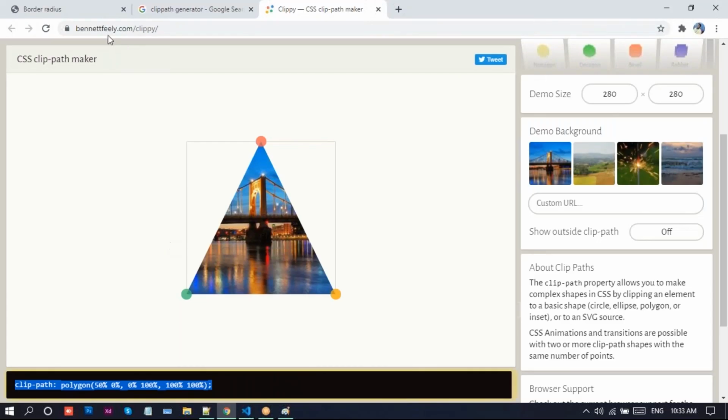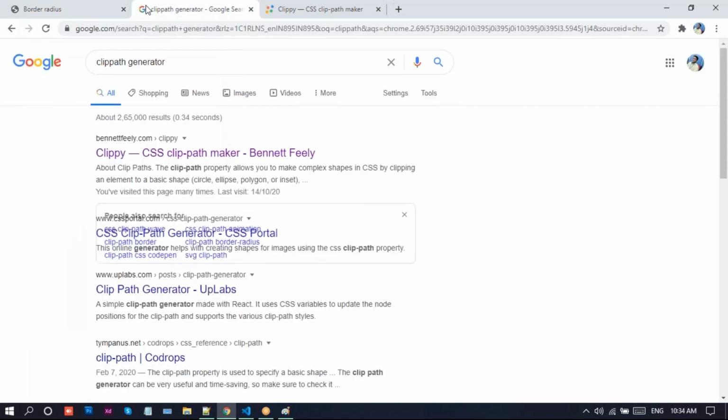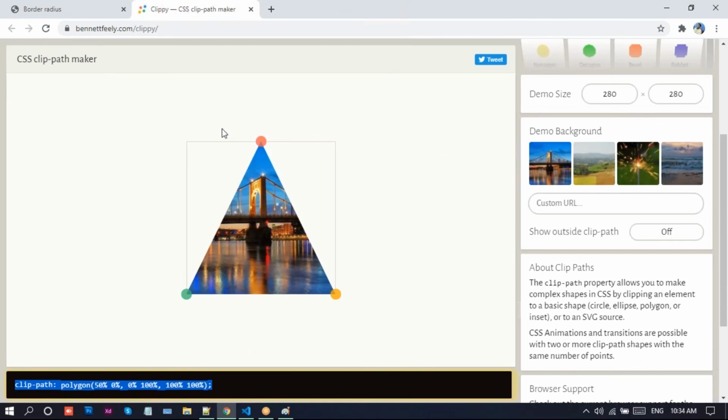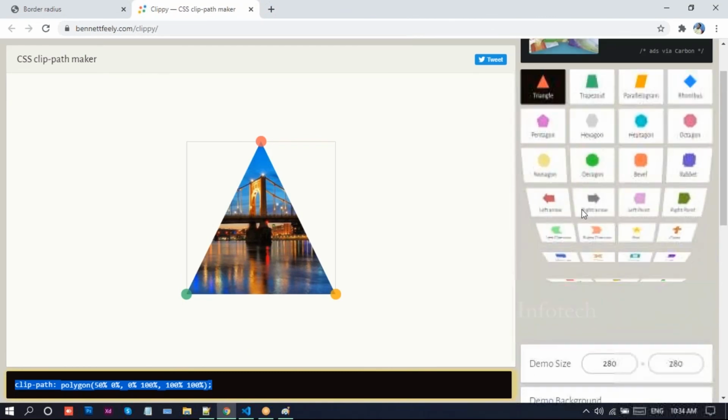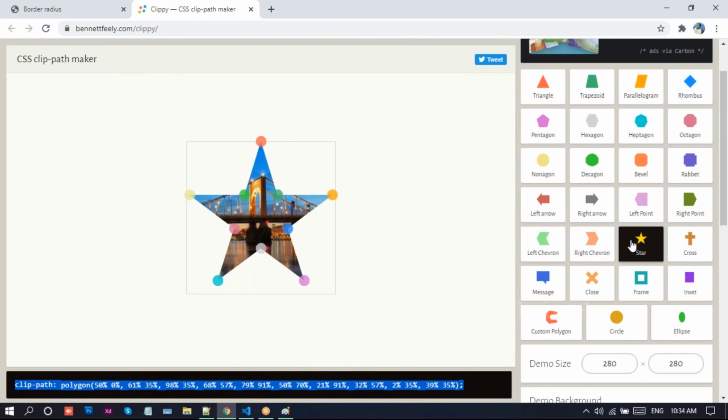So here, if you don't want this triangle, if you want, you can place this star symbol. Here also you can adjust this one. If you want, you can increase the size, and look at this one. You can customize here. Just copy this one and go to there.